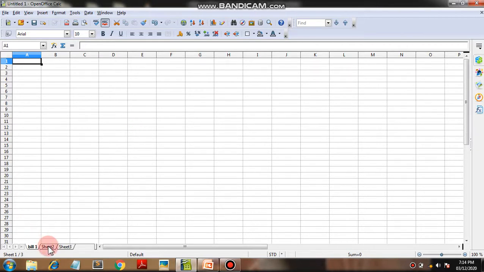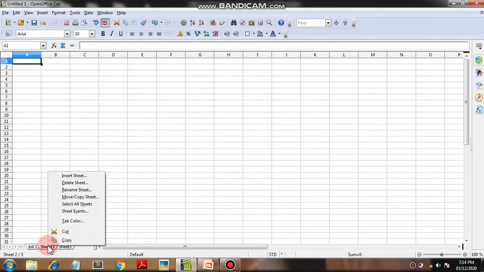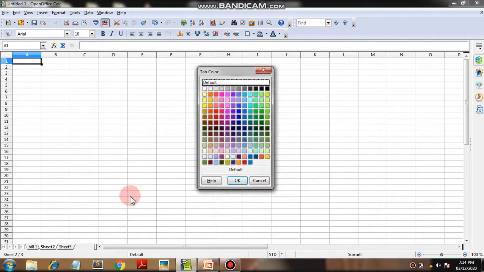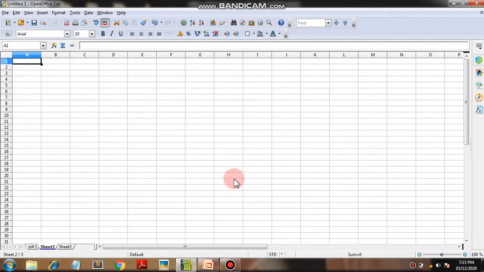Okay. Now, I want to change the tab color, or recolor the sheets. Then again I right click on sheet 2. Again that window is available, and here is tab color. Choose tab color. See, different colors are available. Choose any color and press OK.